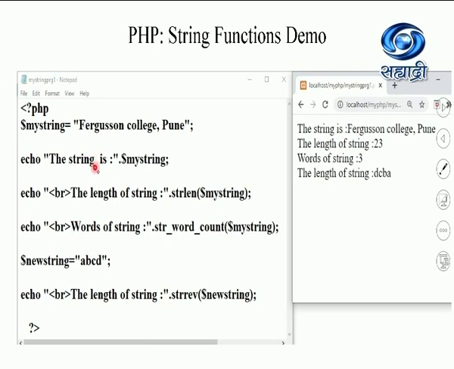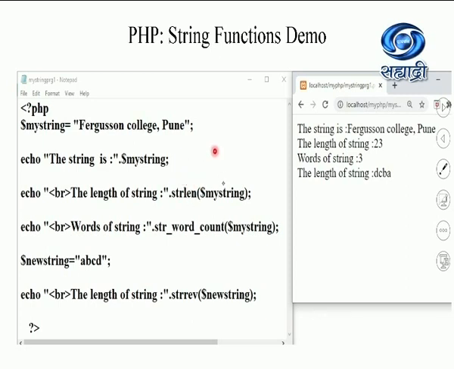I am just printing the string, Ferguson College Pune. Students, after printing it, I want to check how many letters are there in this string. If you count the letters of this string, you will find that there are 23 characters. Students, observe over here I have used a dot to concatenate the length along with this string. So that's why those are printed on this line.